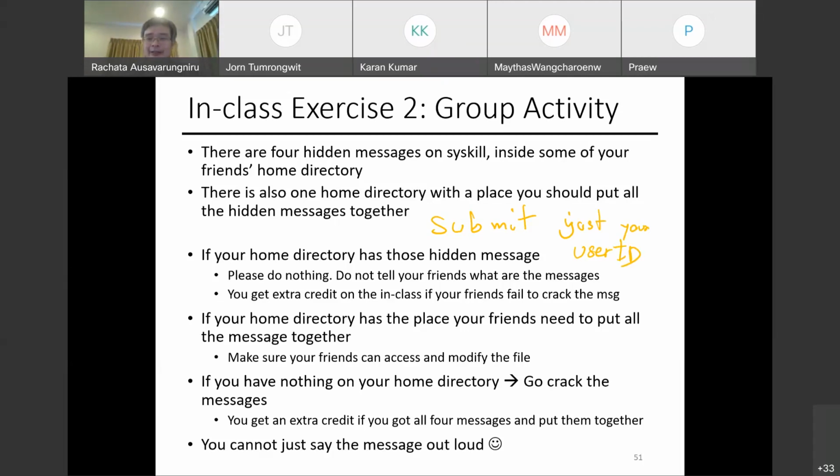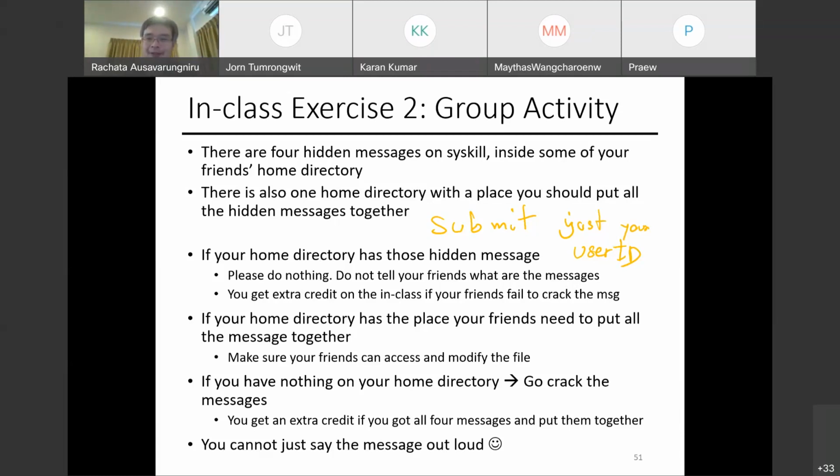Hi is a directory, and inside that directory, there's a text file. So if you log in and you found those, yep, you have the hidden messages. So don't tell your friends what is in there. How do I even tell which student is in Cisco? There are commands for that, so I'm not going to tell you how. I will tell you what I would do on Tuesday, because Tuesday is after the deadline.